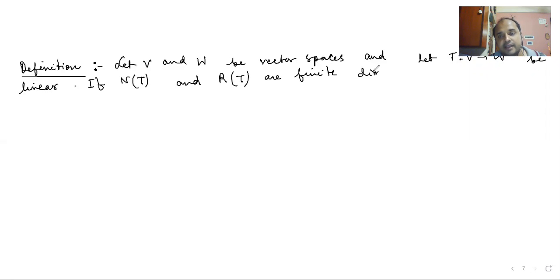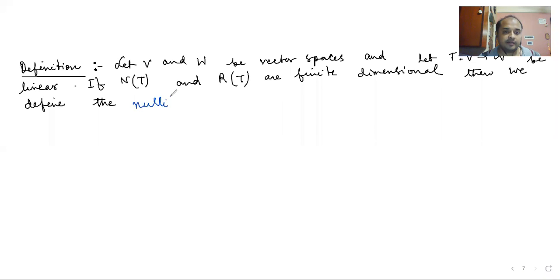If NT and RT are finite dimensional, then we define the term nullity of T,